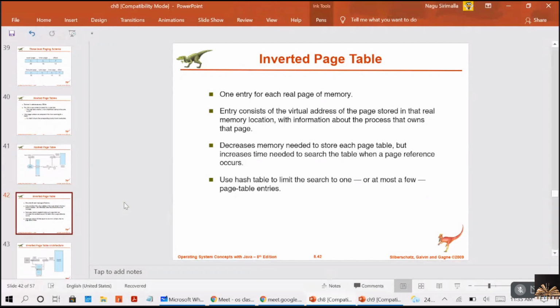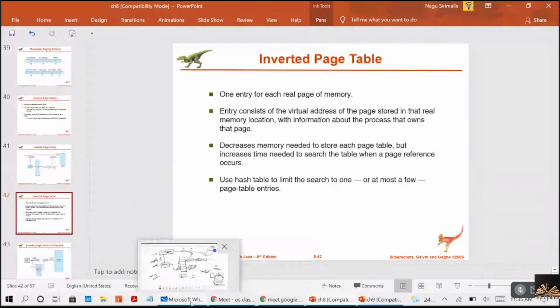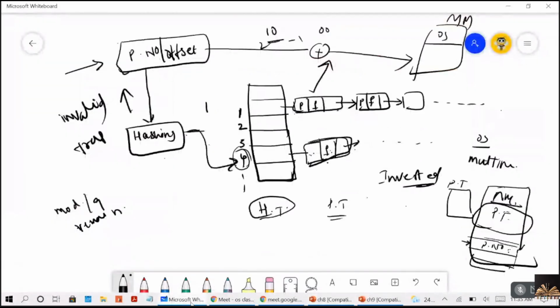Okay, I'll tell you. What we are doing is, we are wasting so much space, right? It will have information about how the remaining pages are maintained. Right? What does a page table contain? In this page table there is information about which frame each page is stored in, right? So to avoid this, what we are doing is, with the inverted page table concept, instead of having multiple page tables, you will have only one page table.